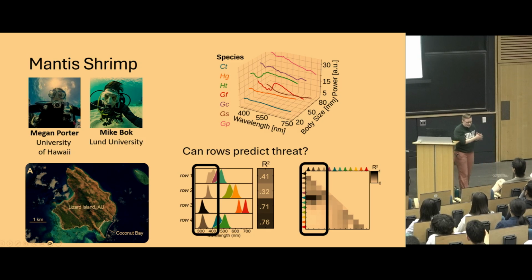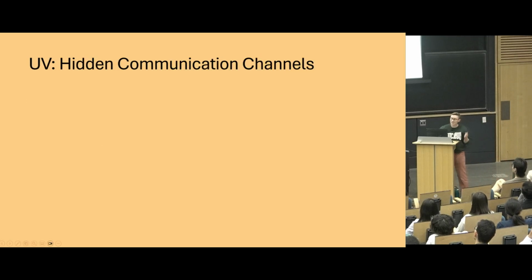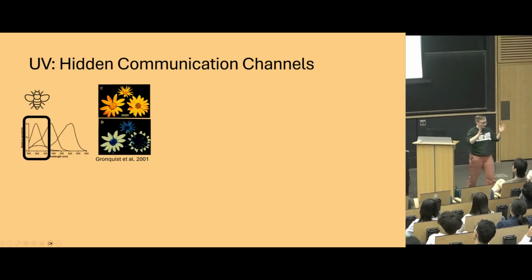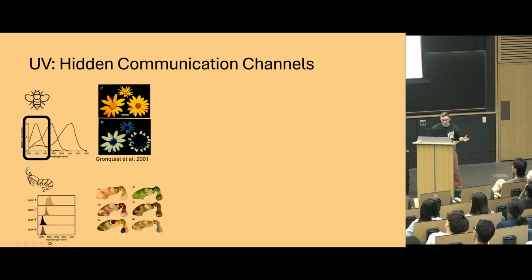And I think that this is really interesting because we don't necessarily know what these principles are. We don't necessarily know if we're going to be able to make a cool camera out of them. But what I think we do know at this point is that UV, and in fact multi-band UV, dimensional color within the UV, is used for interspecies communication. We've known this for a long time in terrestrial environments, but it looks like it might even be happening underwater, where there's very, very little light to go around. So this is exciting, because if we could intercept those communications, we could unravel them, and again, steal their sneaky bits and make cool cameras.